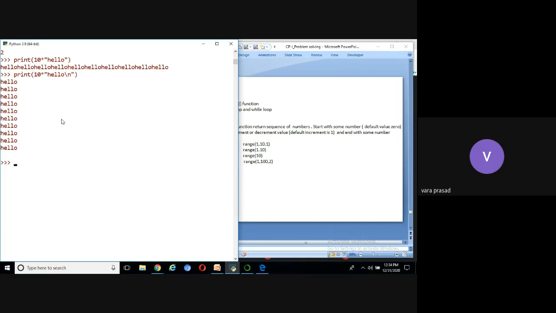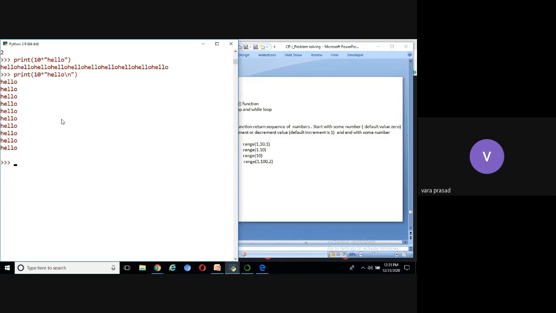Whenever I display hello, I will increment count. Repeat the process until the count becomes 9 or 10. If I start with 0, the count is 9. If I start with 1, the count is 10.